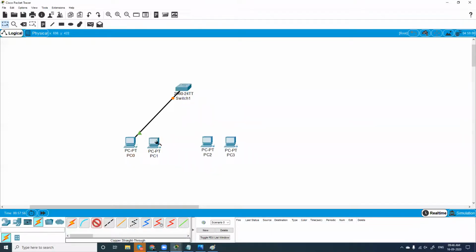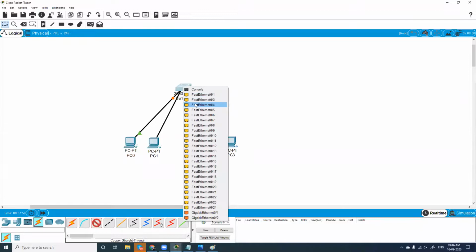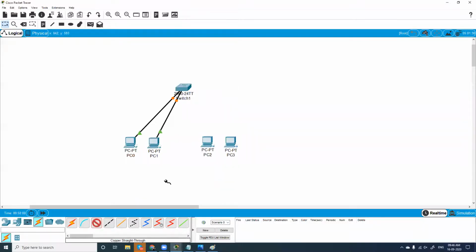The second computer is with 0/3, the third is with 0/4, and this is with 0/5. Yes, and we know these 2 computers belong to sales and these 2 computers belong to HR.